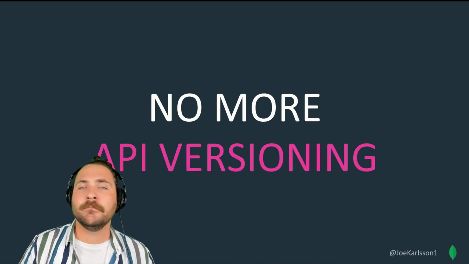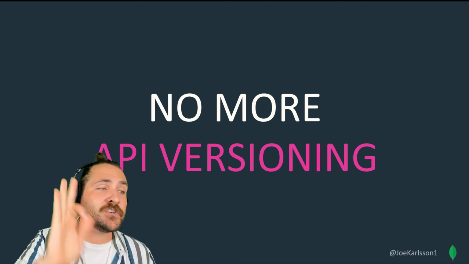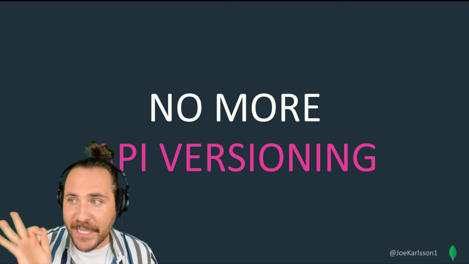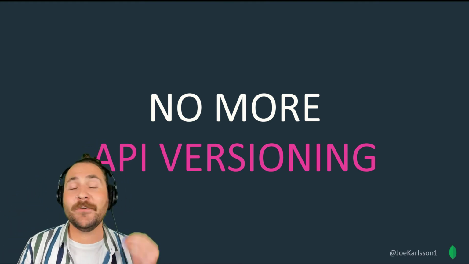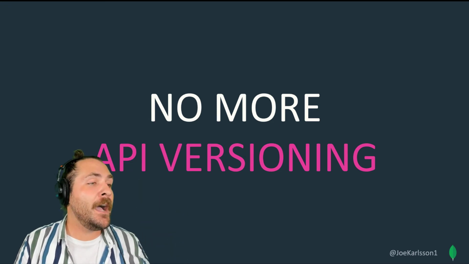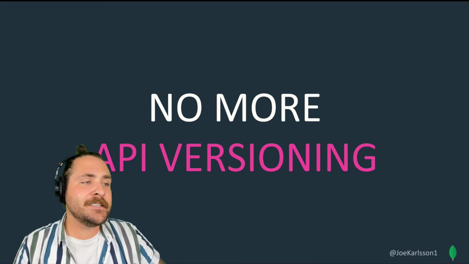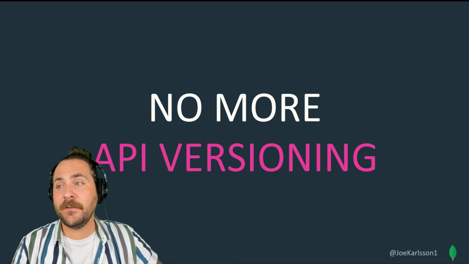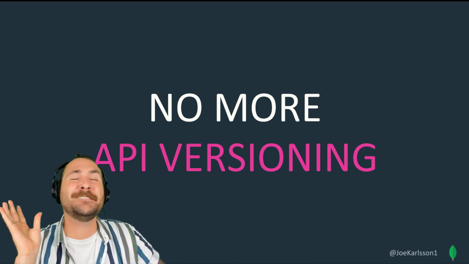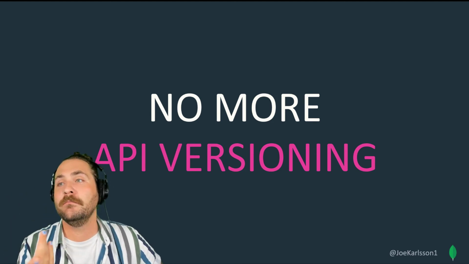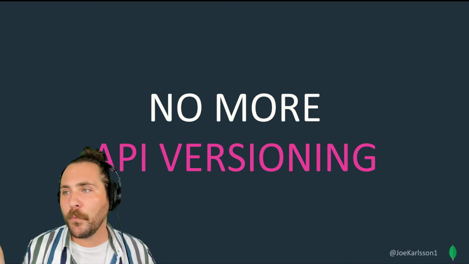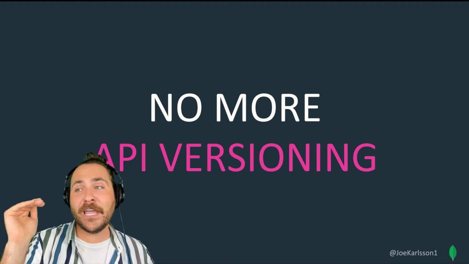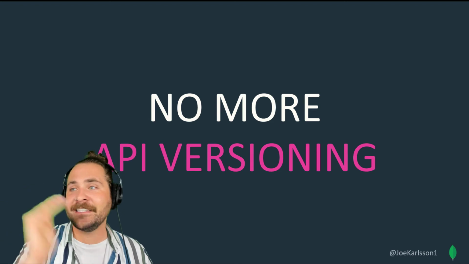Amazing. Also, did you know API versioning is an anti-pattern in GraphQL? You can phase out old data, but what is actually recommended is just leaving the old data there and then expanding what is possible to be requested from GraphQL. API versioning, no more. We don't care, right? It's a layer on top of your API that makes accessing that data so much easier.